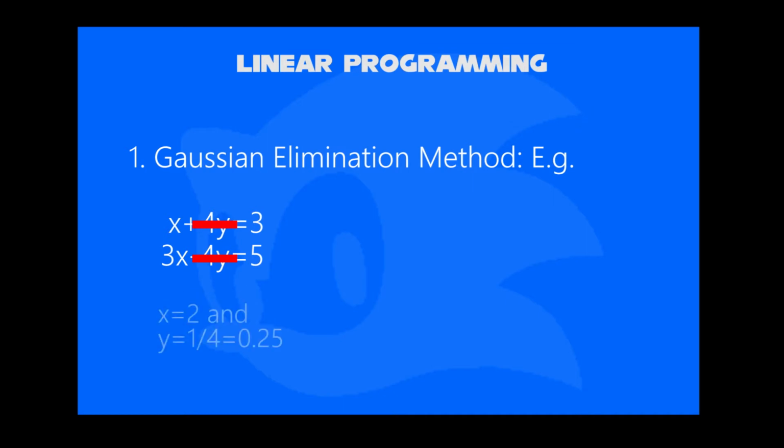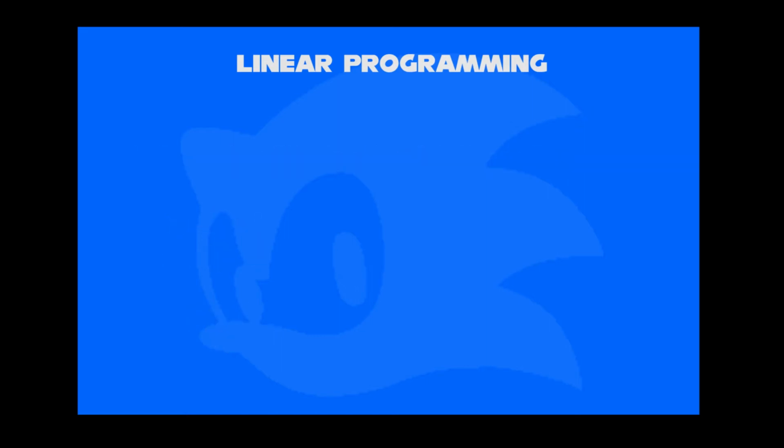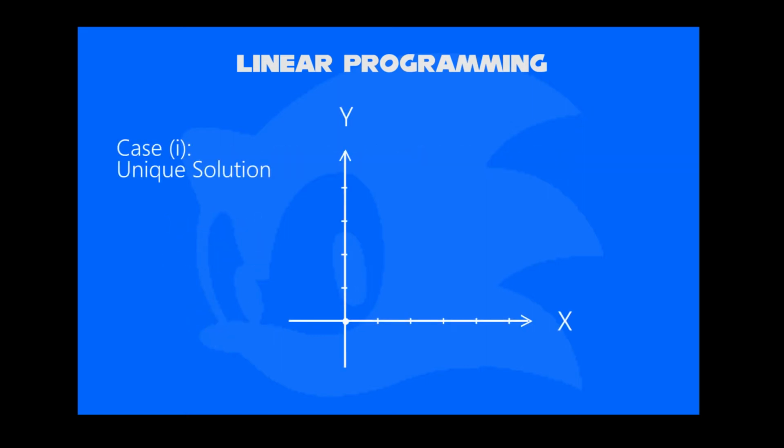We get x equals 2. And, on solving them, we get y equals 1 by 4, or 0.25, by the way. There are three cases of solution. For a unique solution, we have x equals 2, and y equals 0.25, on taking the first equation x plus